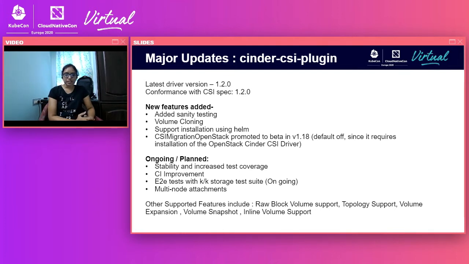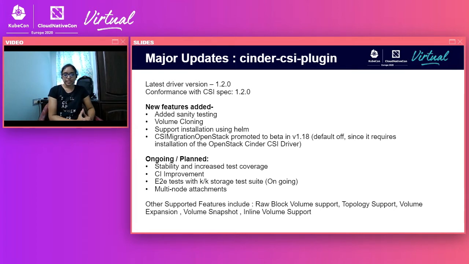Apart from that, volume cloning support has been added to the driver, and Cinder can now be deployed using Helm also. The CSI migration OpenStack feature is promoted to beta in 1.18, but it is default off. We have added the CSI migration jobs in the CI as well to ensure everything is working properly.